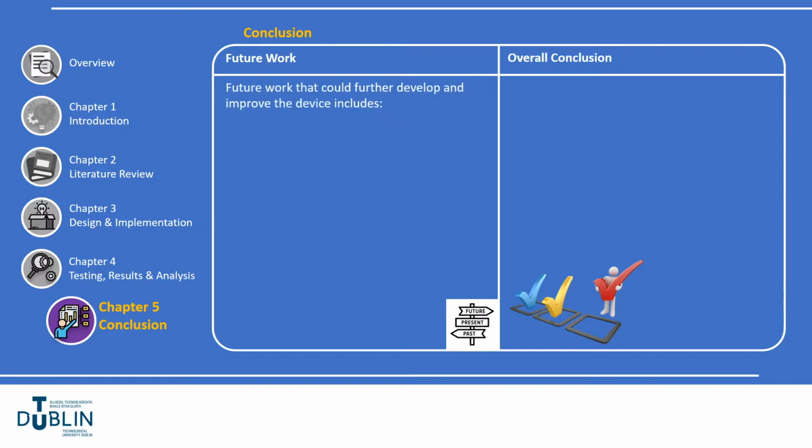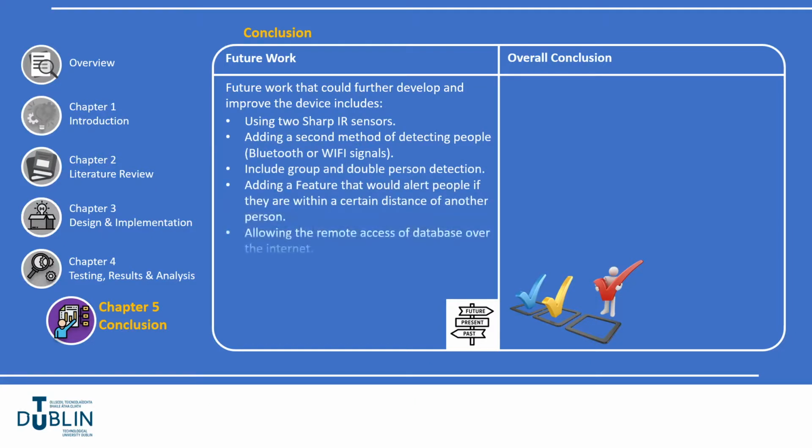Future work. Future work that could further develop and improve the device includes using a pair of Sharp infrared sensors as they are the most suitable sensors for the detection system, adding a second method of detecting people, perhaps by incorporating an accurate Bluetooth or Wi-Fi signal detector,